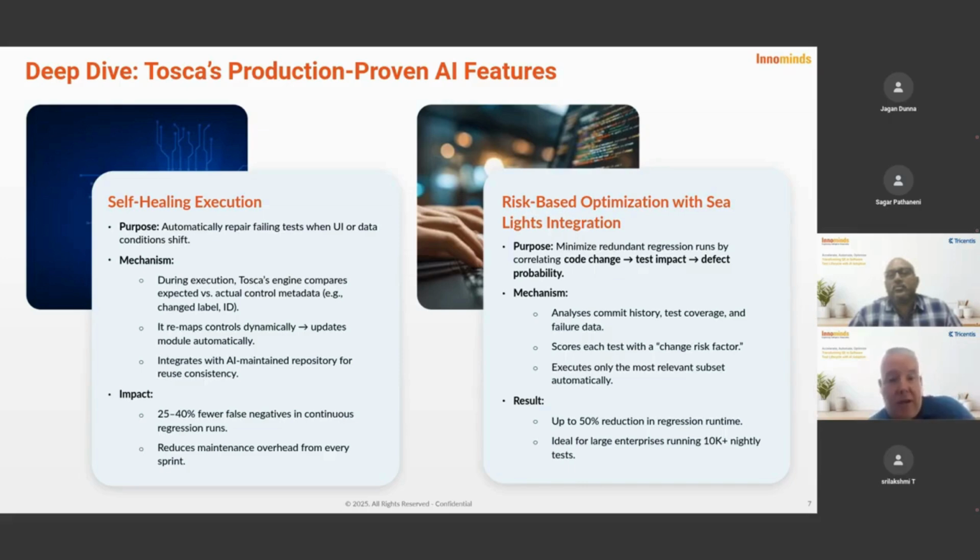I mentioned with the agentic agent, you can have an interactive session. So if it gets lost or starts to go astray, you can correct it. Same thing with self-healing, because how do we know that's not a defect? At the end of the test execution, you can look in the log and it'll tell you, I made this assumption and clicked on this button anyway. If this is incorrect, well, you've just found a defect. But if it is correct, click here and I will update your entire test suite.